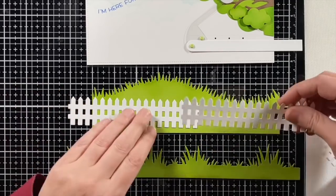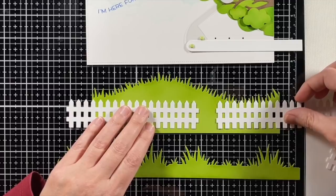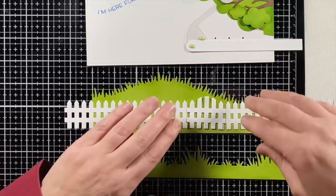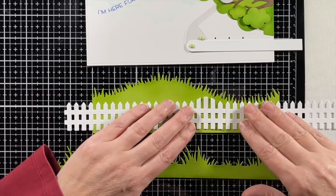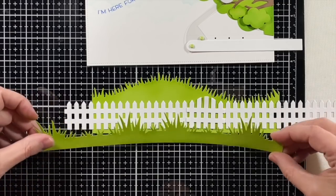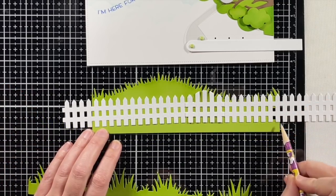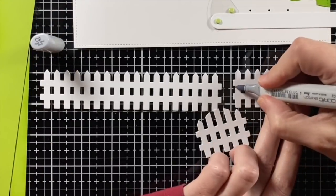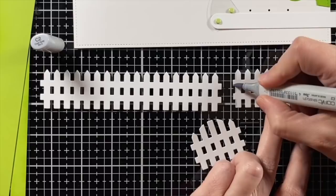Well, now I'm deciding how high up I want to put the picket fence and where I want to place the gate. So I'm kind of having everything over to the right on the card. And I want the clumps of grass not to cover the gate. Decide where I want that fence, and now I'm going to give it a little bit of shading with Copic